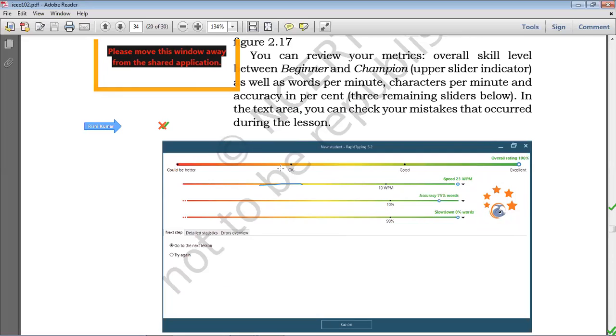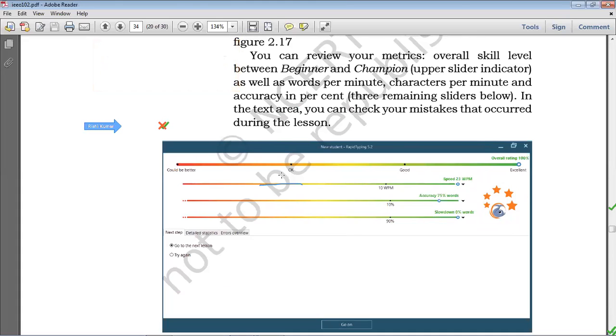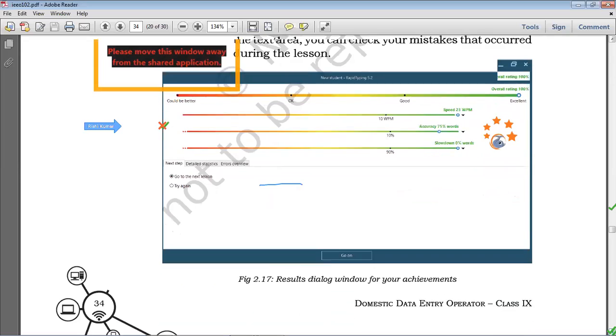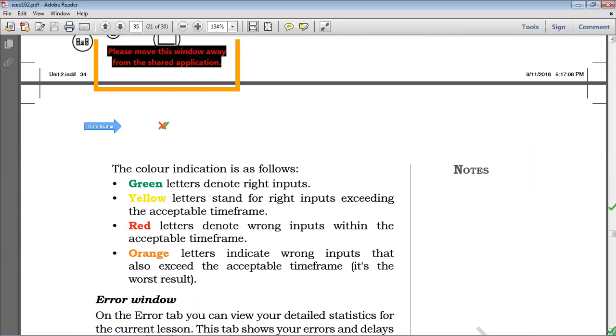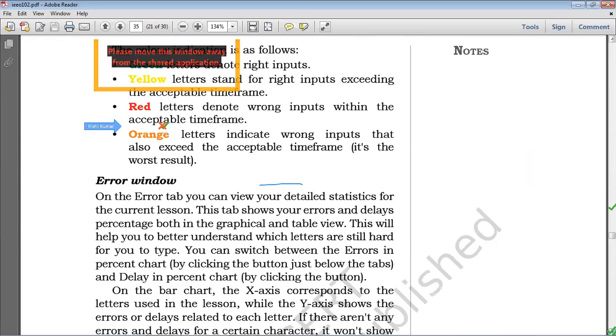The software shows your typing performance, for example 10 words per minute and 10%, 90%. These are the results of your typing. So how is the typing speed measured? This is your homework. You can find out how to measure or calculate the typing speed.